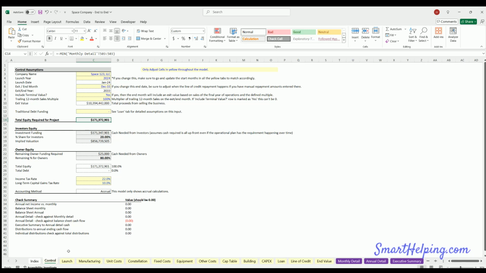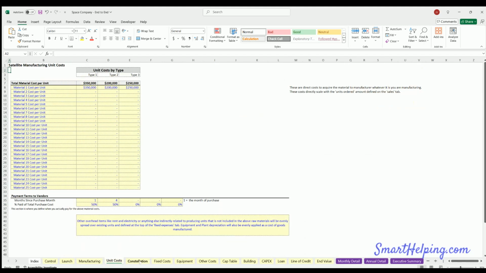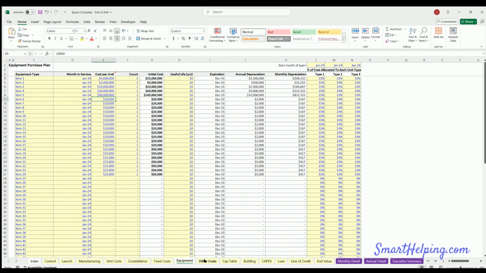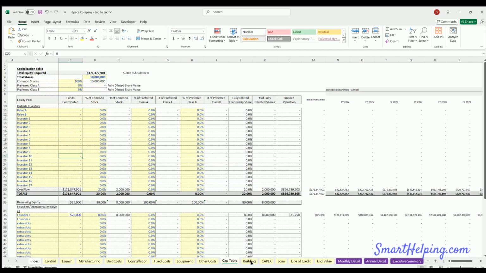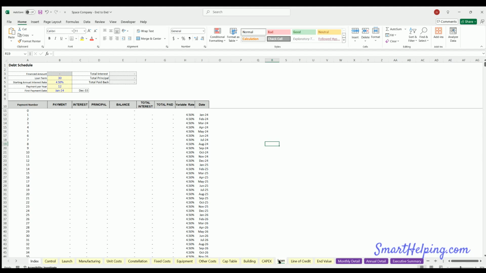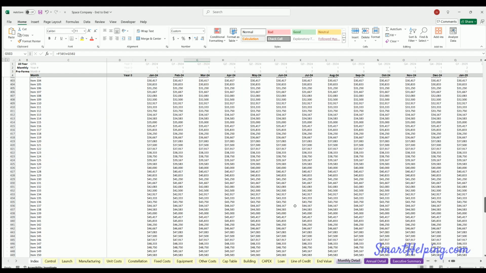Now, some people don't ever get to see the whole model because they don't watch the whole video. So before I start, I'm just going to go through a quick look at the entire model from start to finish. In this model, we've got launch revenue, satellite manufacturing, constellation services, which is like direct to consumer, monthly recurring revenue, fixed costs, equipment purchases, other initial costs, cap table, building, CapEx schedule, a loan, which is regular amortization, a line of credit loan, ending value summary, monthly detail, getting all the way down to EBITDA